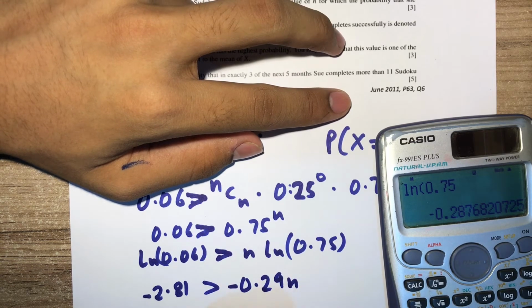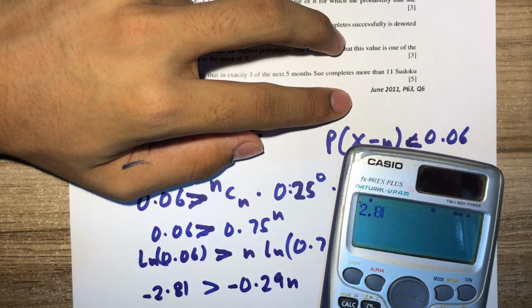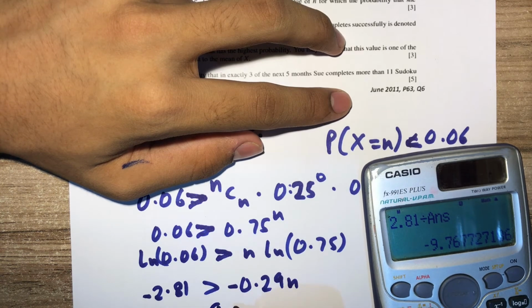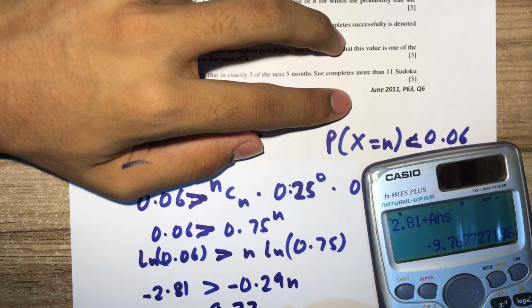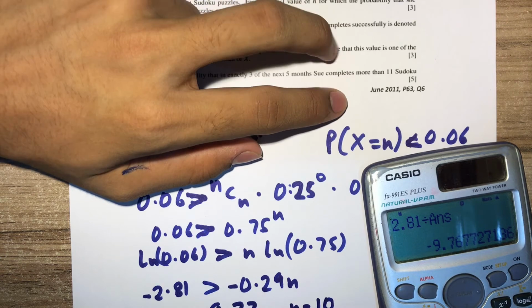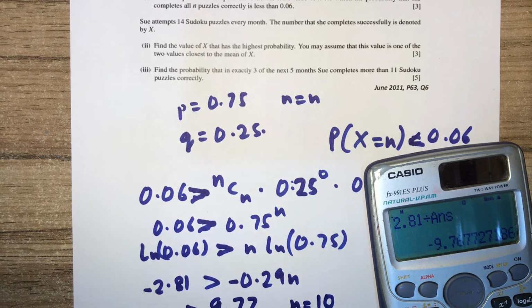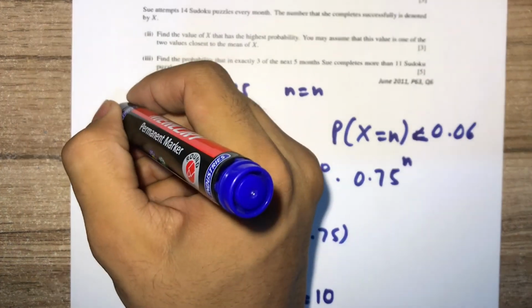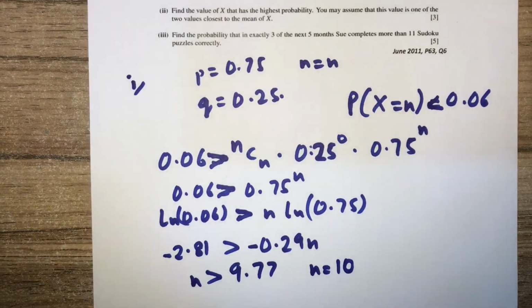So the inequality will be reversed and n is greater than 9.77, so n will be equal to 10. That was the first part. Now for the second part,